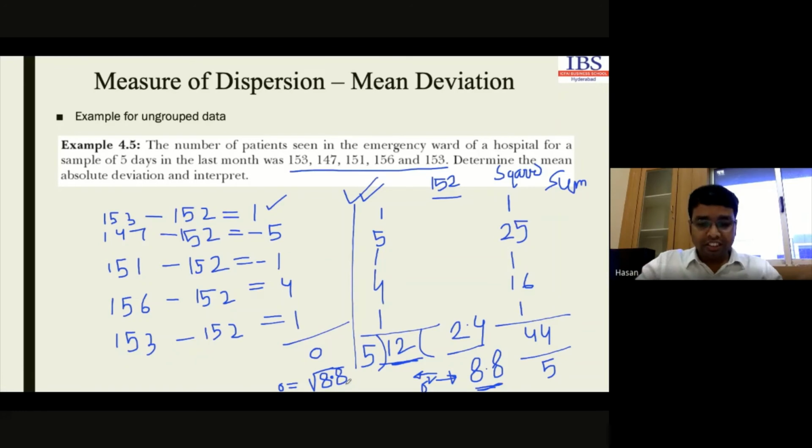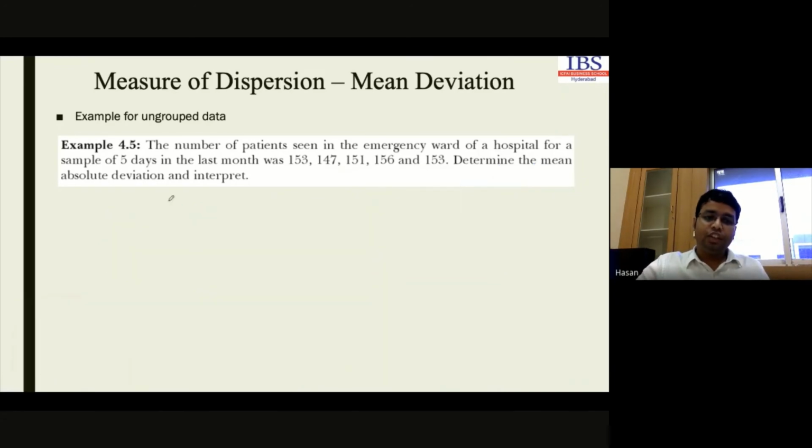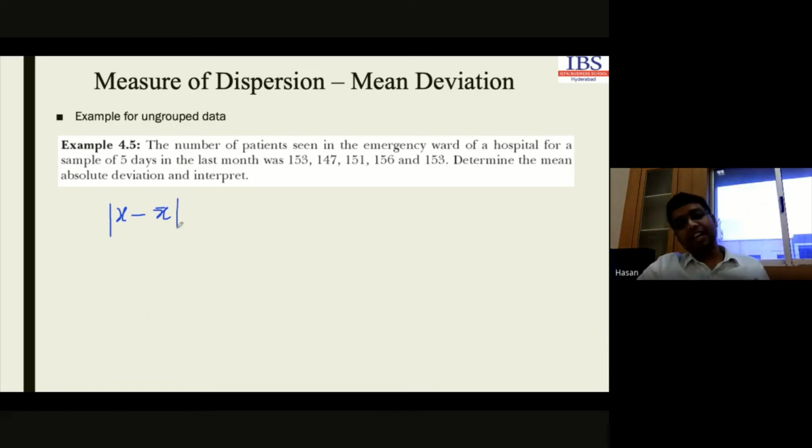Okay, so we learned four different terms here. First, when we take the deviation of values with respect to the mean, this is known as deviation. To avoid the sign impact, we take the absolute value, take the sum, and divide by n. This is known as mean absolute deviation, MAD.